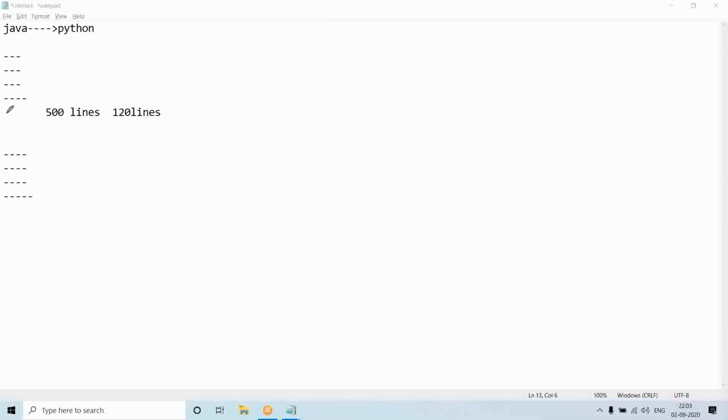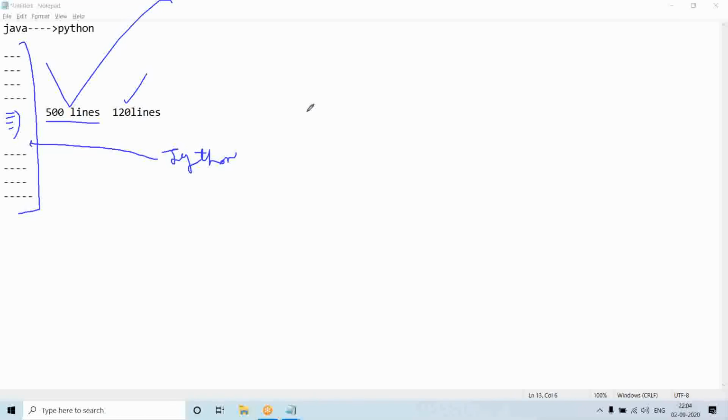You can embed the Python script in the Java program and you can run this like a regular Java program. You're doing one Java program, you felt like one logic is very, very lengthy. So no problem. You can just write that logic in Python. If you integrate a tool called Jython, Jython means Java plus Python. If you integrate the Jython tool in your Java project, you can embed the Python scripts wherever you want in the Java program and run this like a regular Java program.